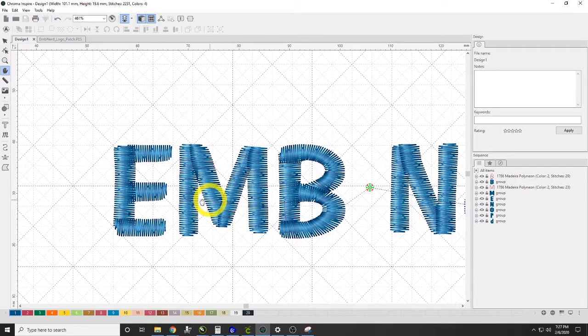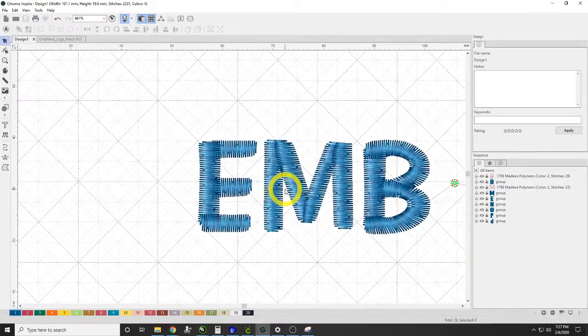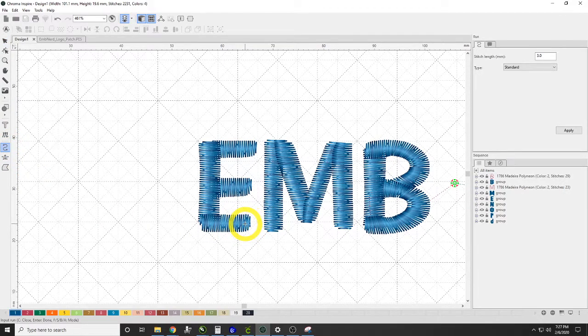You can hit the spacebar key, and that'll turn your little mouse into a hand. And while holding down the spacebar key, you can click and drag, and that'll pan. We're going to grab our run tool, and we're going to start right here on the E and move over. I'm going to hold down the shift key, lock it to the axis. We'll do the E,